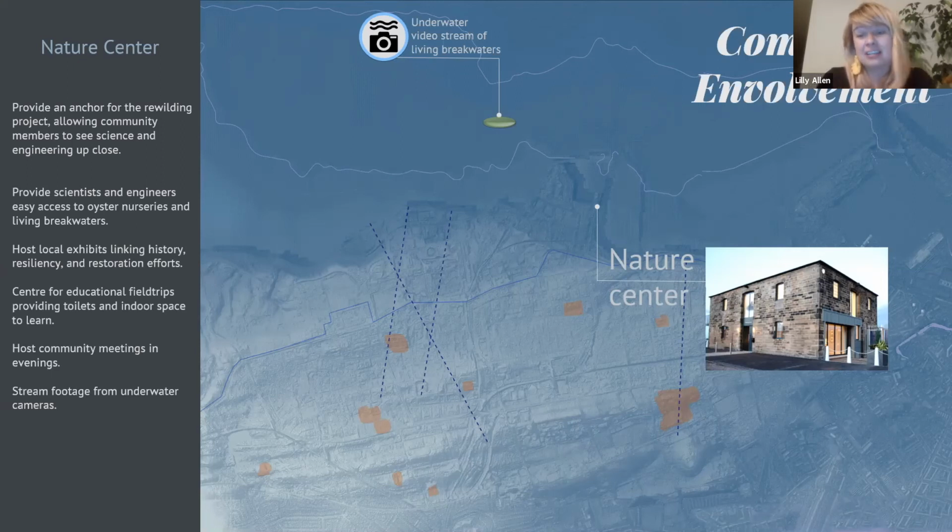And nature centers can be a place where you go and explore this, right? You get to grab a bunch of oyster shells. You can host field trips, and it provides community space, meetings in the evenings. The community space, to me, has two benefits. One, of course, it's great to have community space, but it's also a very passive way to educate people about oysters. People are always showing up early, and when they do, they'll have something to read, and they'll be deepening that connection to oysters and their environment, passively engaging, learning, and thinking more about protection.